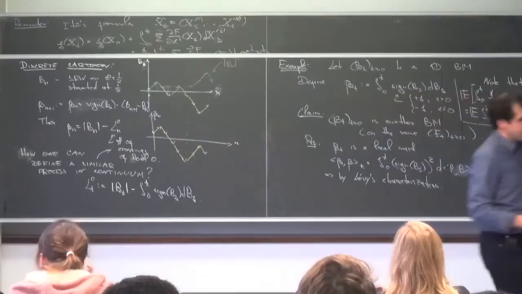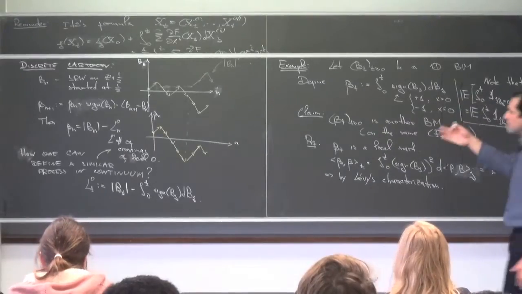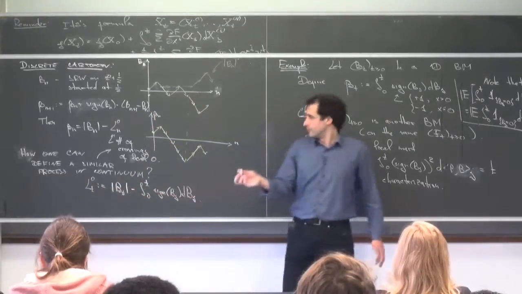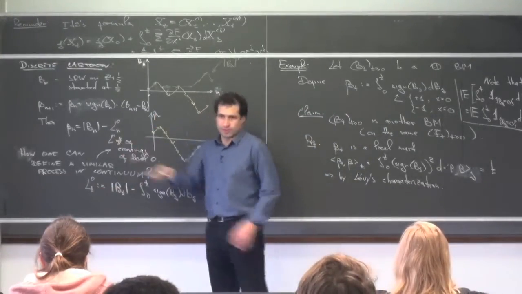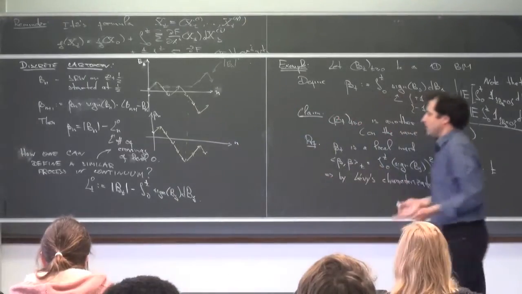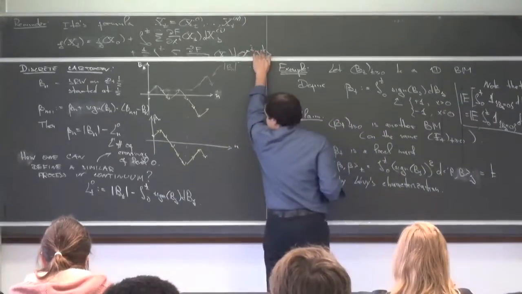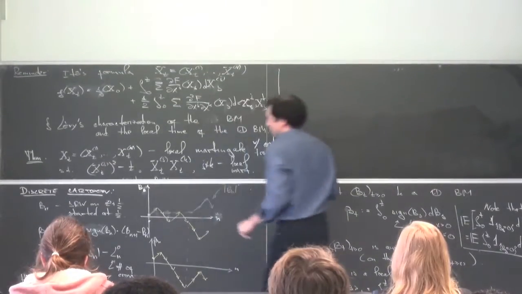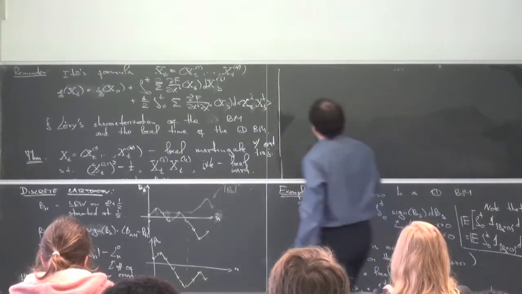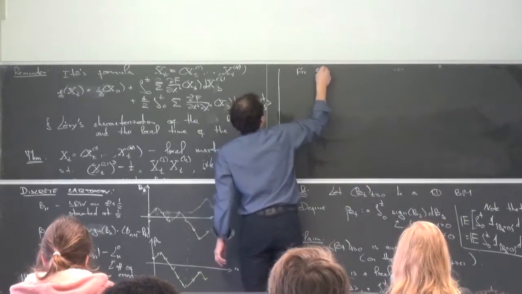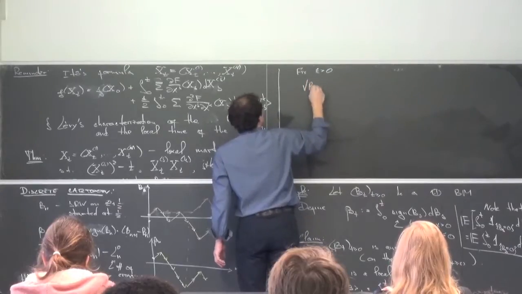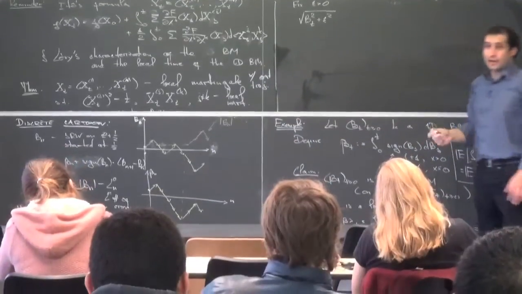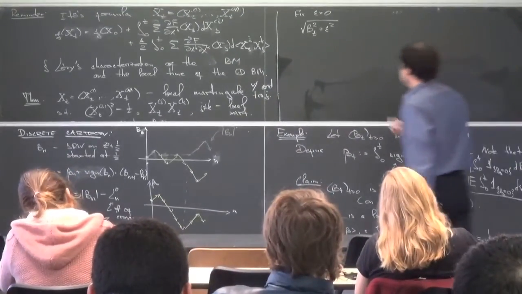The only question is, if I can make sense of some statements about this process, it must be increasing, right? Because in discrete it's just a counting process. It counts the number of intersections. I mean, if I can make this picture clearer. Okay, so let us make a simple computation. Let us fix some epsilon and take the function sqrt(B_t squared plus epsilon squared) and apply the Ito formula to this function.